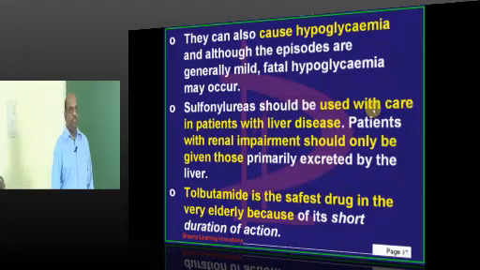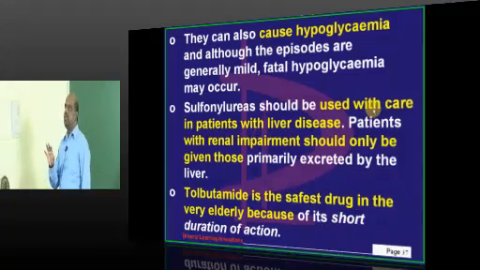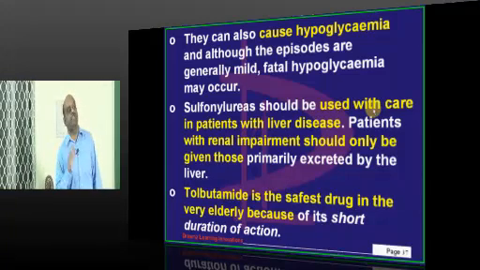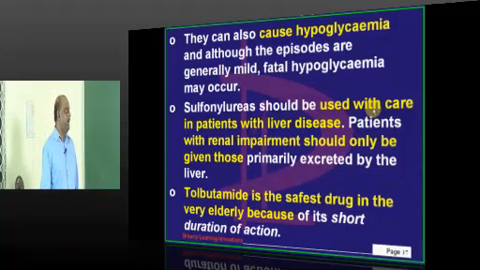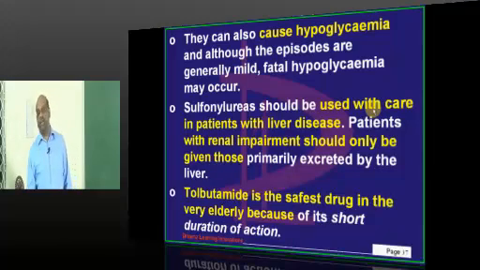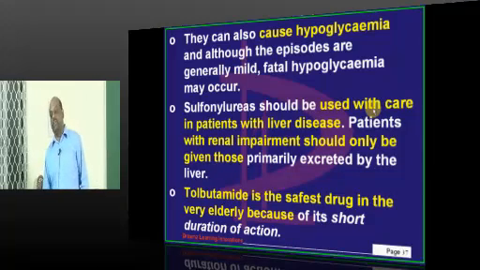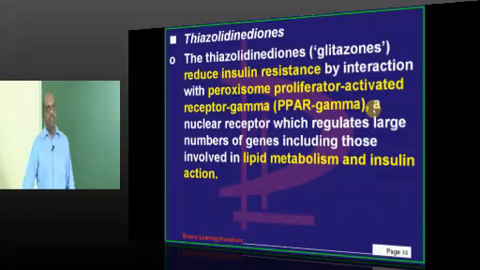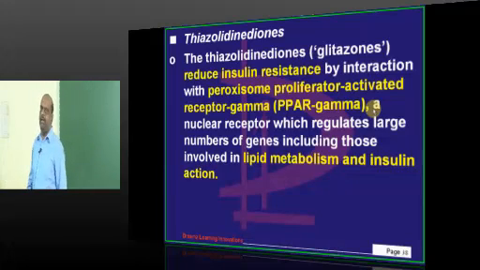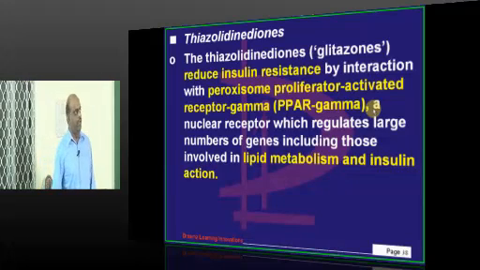And out of all sulfonylureas, in elderly people which is the safest one? A quiz question in the entrance exam. Tolbutamide is the safest in the elderly because it has a very short duration of action, without the problem of hypoglycemic episodes. The next important drug among the diabetic drugs which you need to know today evening is